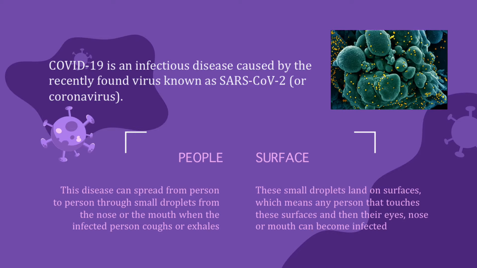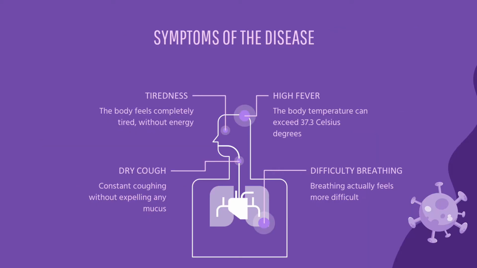COVID 19 is caused by a coronavirus called SARS CoV 2. It is thought to spread mainly from person to person through respiratory droplets produced when an infected person coughs or sneezes. Infected people have had a wide range of symptoms from mild symptoms to severe illness. They may have cough or breathing problems with fever, muscle pain or headache. But the emergency warning signs are trouble breathing, persistent pain or pressure in the chest, inability to arouse, bluish lips or face.